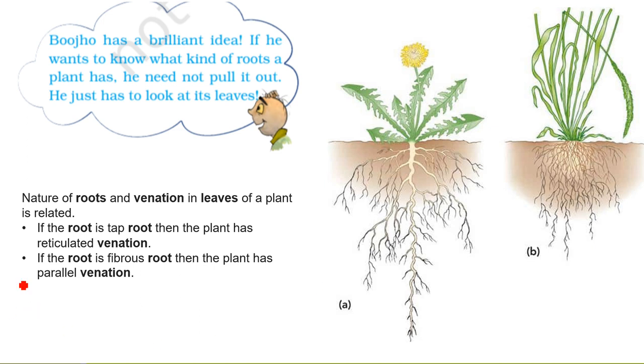Okay, so this is one of the brilliant ideas given by Bhujo, that if he wants to know what kind of roots a plant has, he need not pull it out. He can only observe the leaves, and on the basis of venation he can identify the type of root that plant has. Okay,